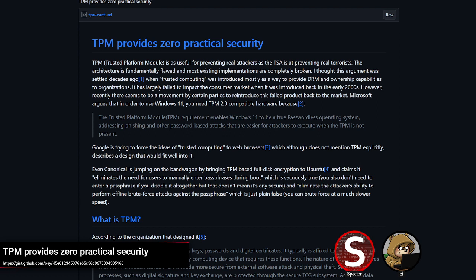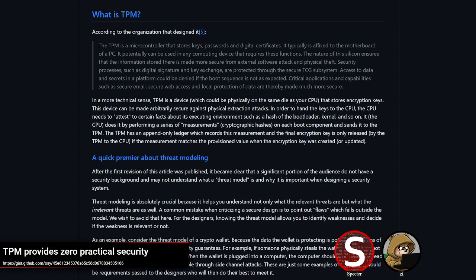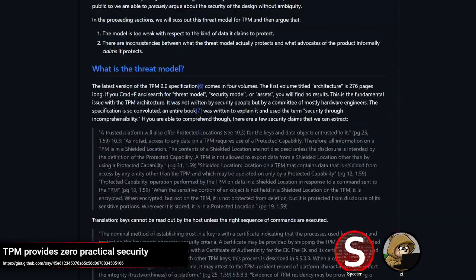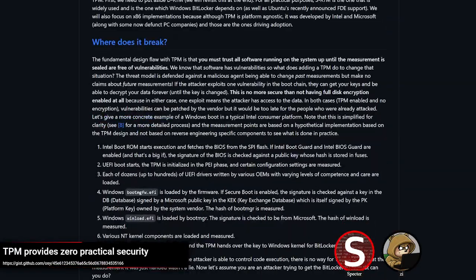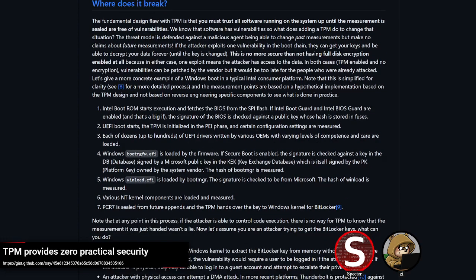Now, again, something this article does well and that I really like is that it breaks down things from the TPM spec, which is really dry and difficult to read. And I think this article is a good recommend for just understanding how various parts of TPM work and what part they play in the boot process. I am going to skip a little bit of that here, as the "where does it break" section is where the argument really comes into play. So here they go into an overview of a typical Windows boot process on an Intel device with full disk encryption, though AMD is fairly similar.